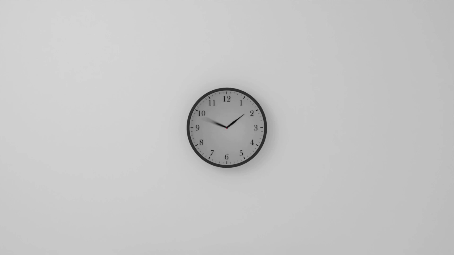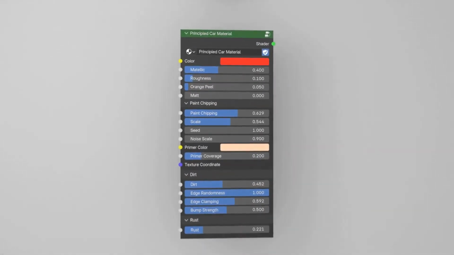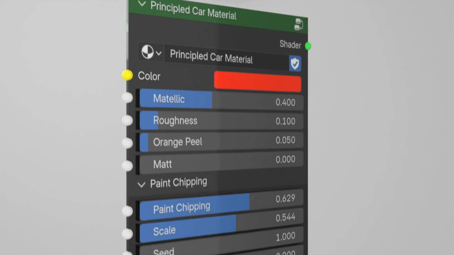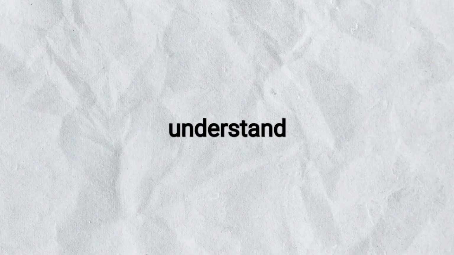Yes. Well, it took me 8 days to replicate the same techniques. And the best part is that I have combined all of them into one single node. The node is so easy to control that even a 5-year-old can control it. The results I achieved at the end of the video are pretty insane. But before that, let's understand in a very short time why your car materials look bad and how a car